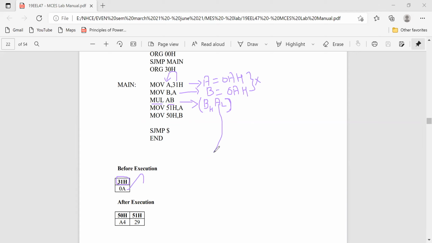You can move the accumulator to one location, 51H, and the B register to another location. Then just stop the program. A simple program, so simple 8-bit multiplication.